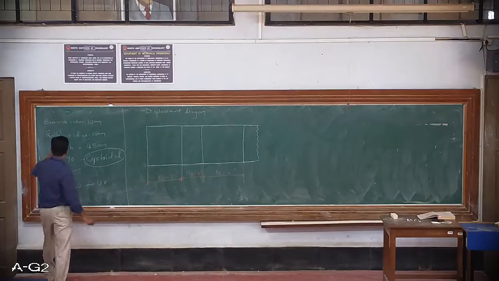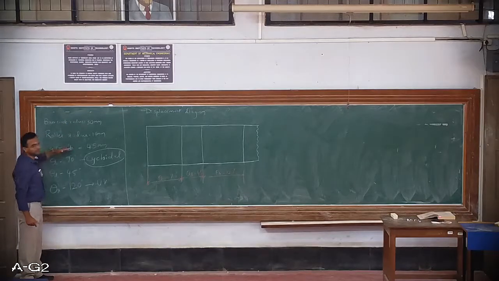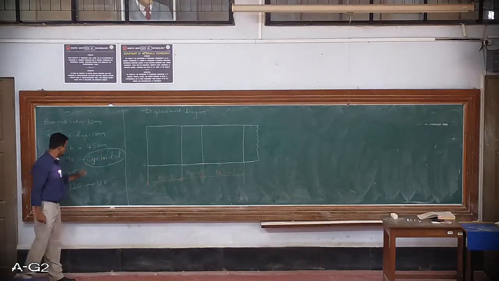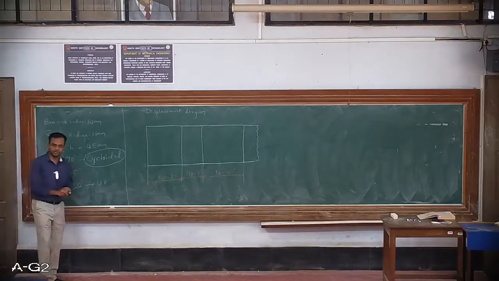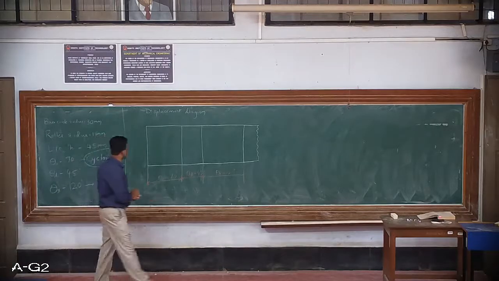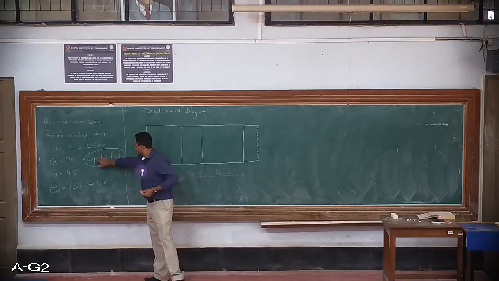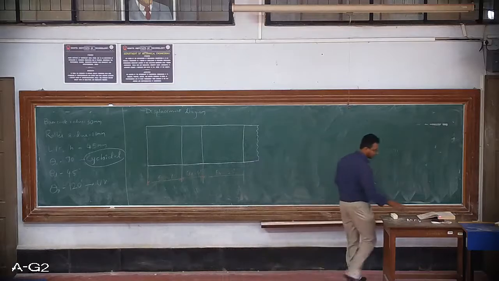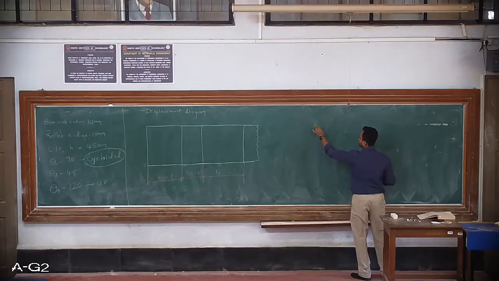This is the problem statement with the base circle of 30 mm, roller radius 10 mm, maximum lift is 45 mm, and the rise stroke is for 70 degrees, which is of cycloidal nature, followed by dwell period of 45 degrees, return stroke of 120 degrees. This is the given data to us, and whenever a cycloidal type of follower motion is given in the problem, we need to do some additional calculation which I had shown you before. I'll just repeat that.